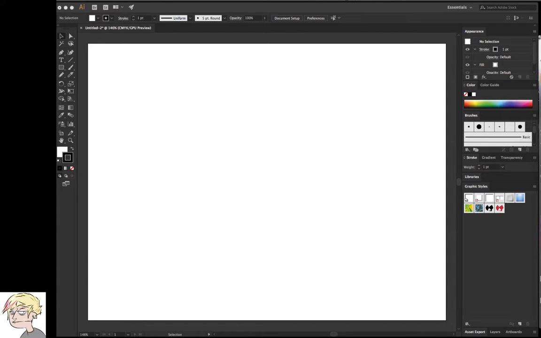When you start Adobe Illustrator, there are a few little changes to the defaults that will make it a much more pleasant and organic experience as an illustrator, using it as kind of a drawing or painting program. All right, so the first thing you're going to want to do is go to your